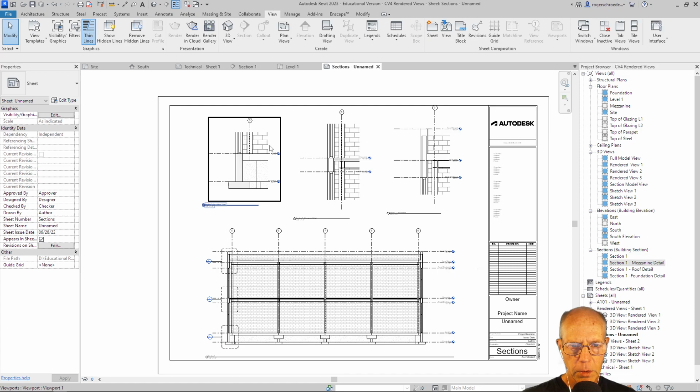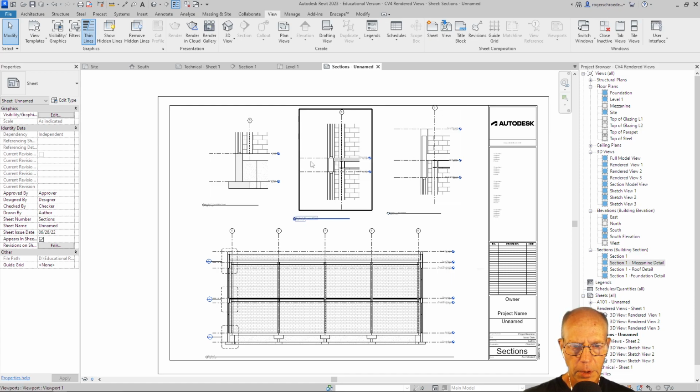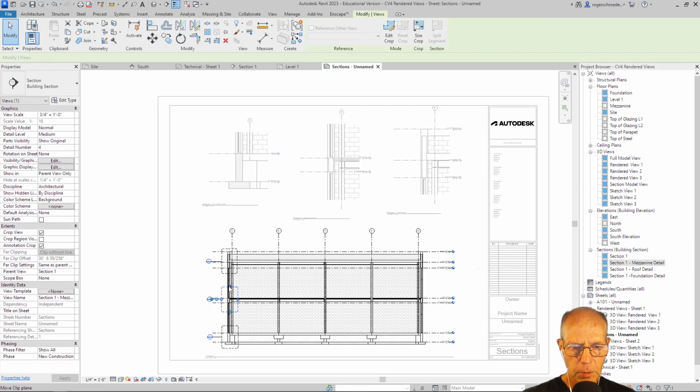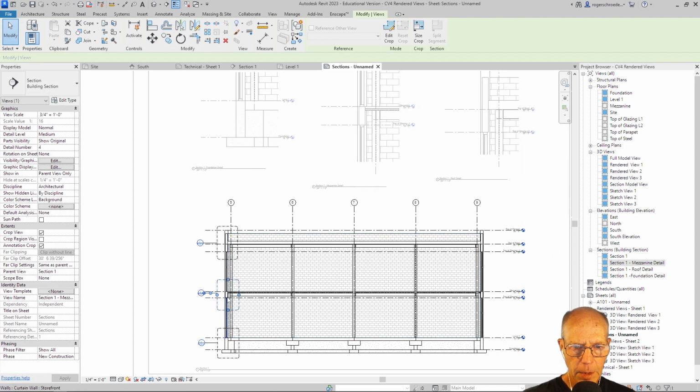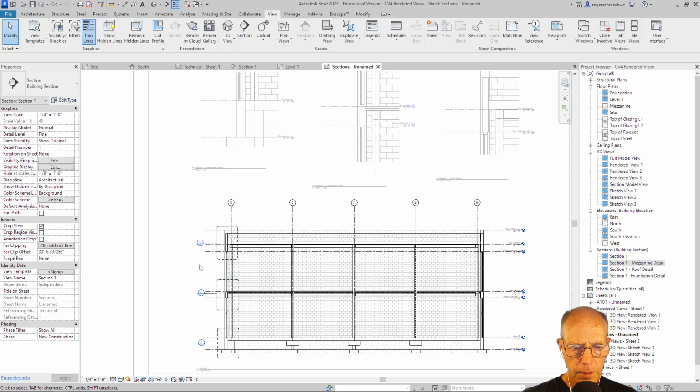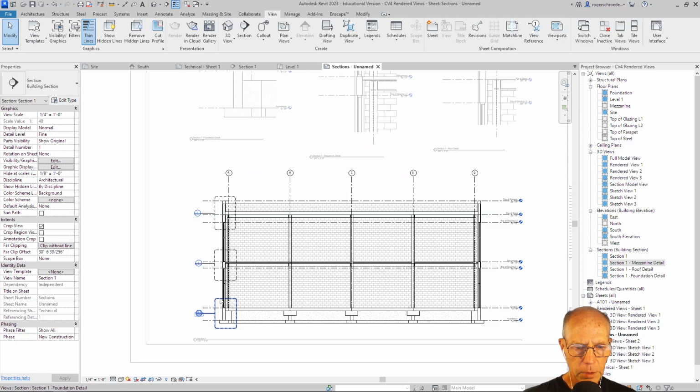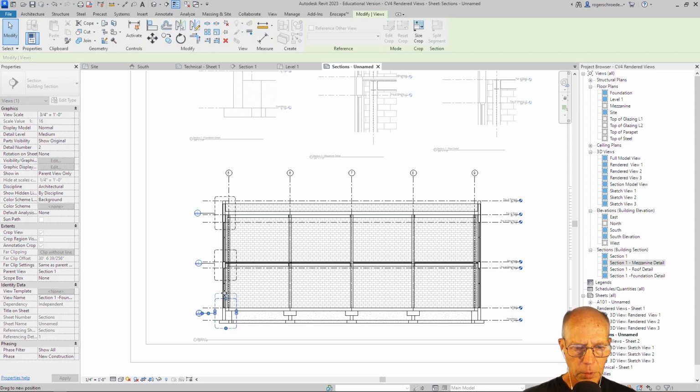All right, and then the other disturbing one is this one is much smaller than the other two. This one looks a little large. So I'm going to just go ahead and make some crop adjustments here. I'm going to pull this one down just a tad. And the other one, the foundation one, looks a little bit small. So maybe I'll just pull this one up a little bit